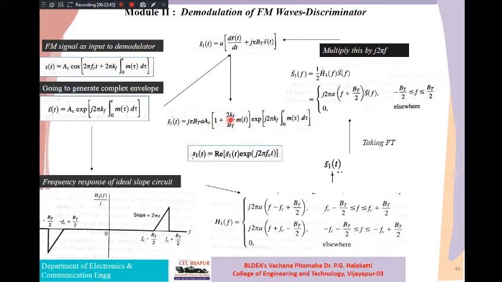Then if you manipulate and simplify this, you will get it like this. Here there is a constant term. What other constants are there already? Here Ac is coming, small a is coming outside. Small a and capital Ac are constants, they will be kept outside. And this one is also constant, j2 pi kf. J pi is there, so j2 pi kf will be kept here. So if you do some of those steps, you will finally arrive at this